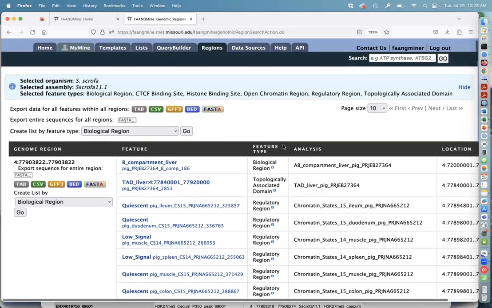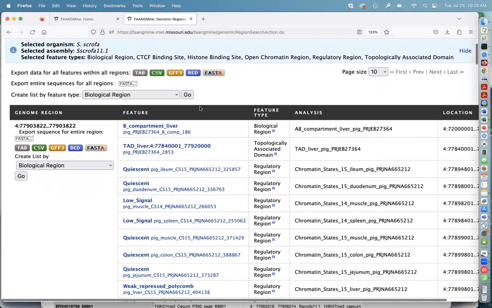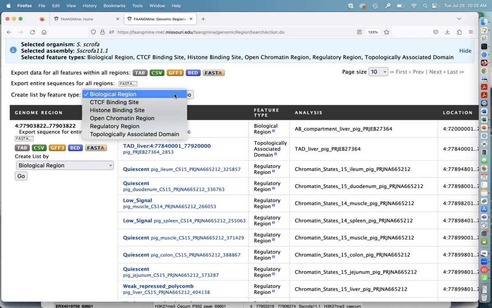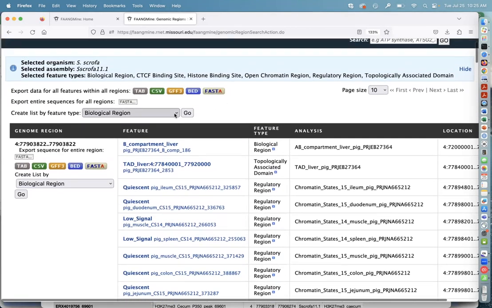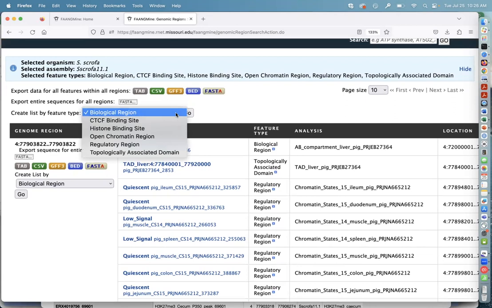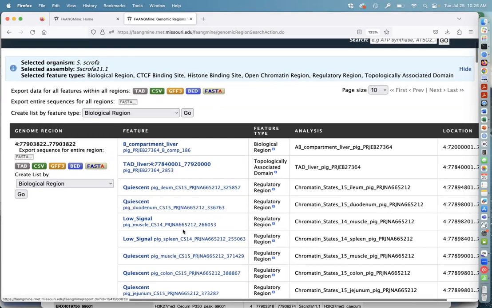Another thing you can do on this page is save a list of these different features. I didn't think that was that useful at this point, so I'm not going to show you how to do it right now. Another a little bit of a disadvantage is that you can only save one thing at a time. So we're going to go back and do a region search later where we're actually going to save a list and do things with it. We're not going to save these. But what I do want to do is show you